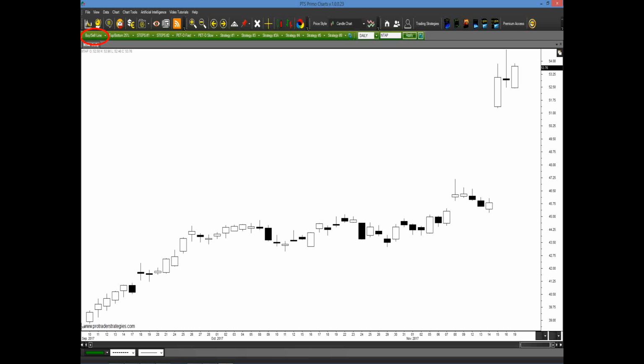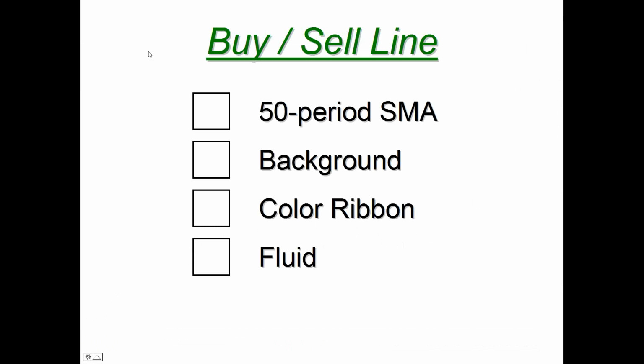So once again, we go back to the platform. Here's the green strategy tab here with all our strategies and techniques. We click on the very first one, which is buy sell line. And once that happens, you will get a drop down menu. Now the buy sell line is the only tool you're going to be using with this strategy because